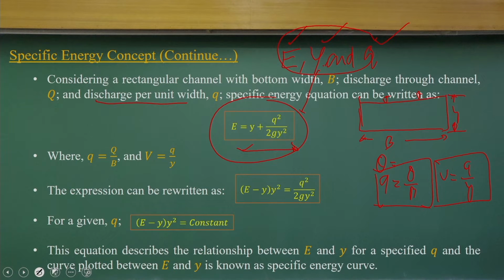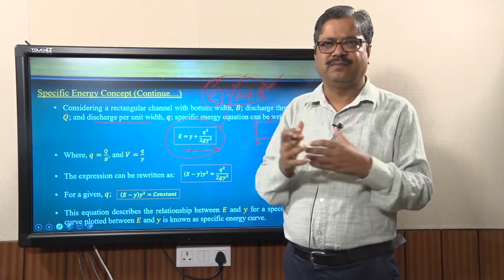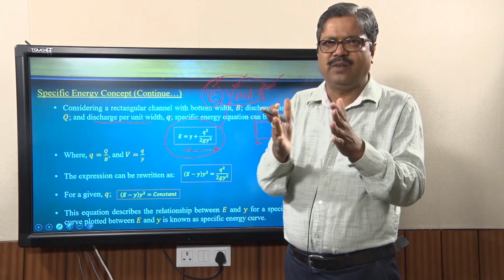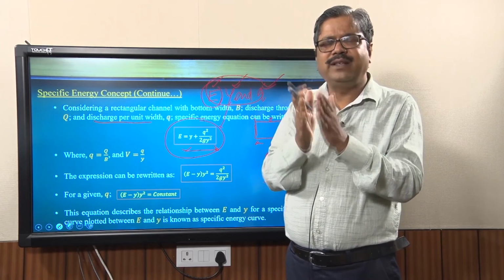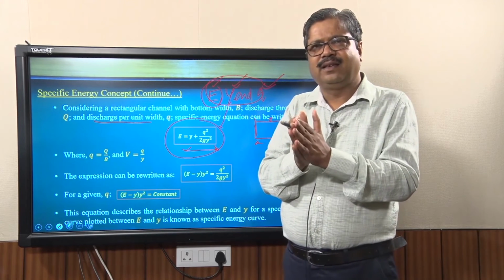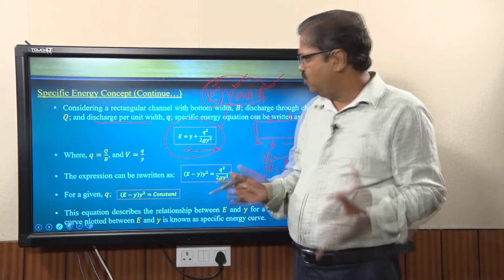If we got this relationship, now we are looking at, if I make E a constant, what could be the relationship between y and q. Again, I am going to repeat it. If I consider E a constant, that means I am considering a reach of the river where energy dissipations are not happening. So, energy remains constant at that reach of the river. If that is the condition, what is the relationship between y and small q? We can establish it using these equations.